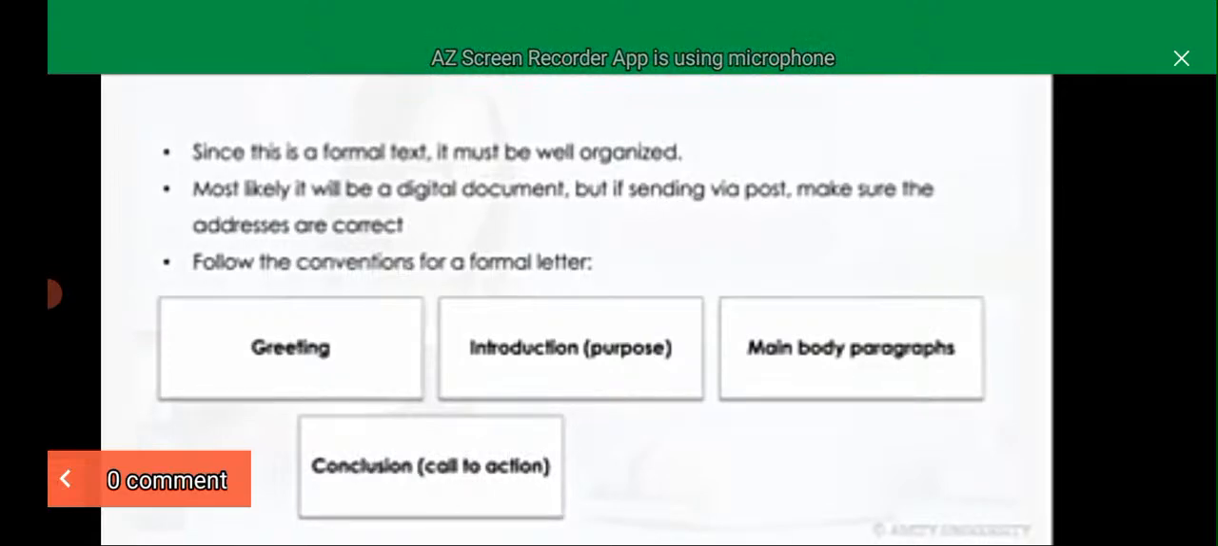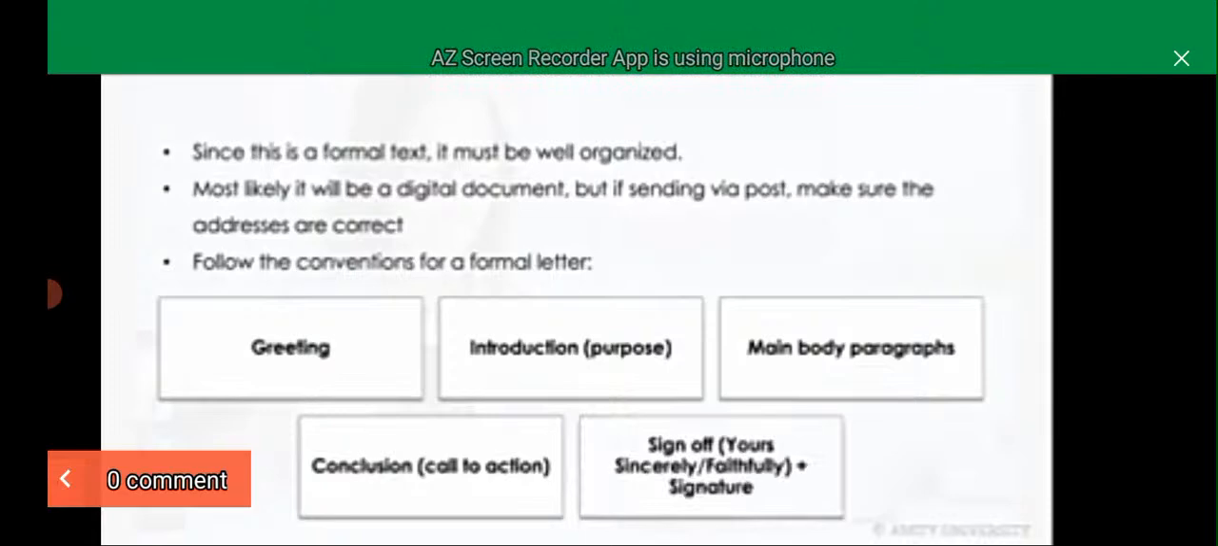A conclusion should have some kind of call to action. So something like, I look forward to your response, or please find my application attached, or please write back to me or call me back on this number. The conclusion is the last thing they read, so give them something to do instead of just putting your cover letter in the pile. And then a sign-off, which would be, in a formal letter, either yours sincerely or yours faithfully,